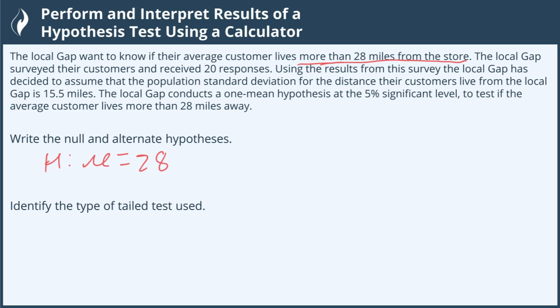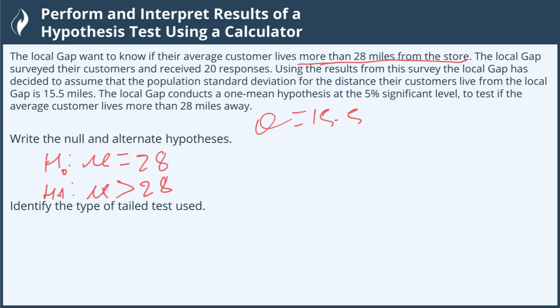The local Gap surveyed their customers and received 20 responses. Using the results from the survey, the local Gap decided to assume that the population standard deviation from the distance of the store is actually 15.5 miles. And they conduct a hypothesis test to determine at the 5% significance level if the customers do live more than 28 miles away. This means that our alternative hypothesis states that we want to know if they are more than 28 miles away